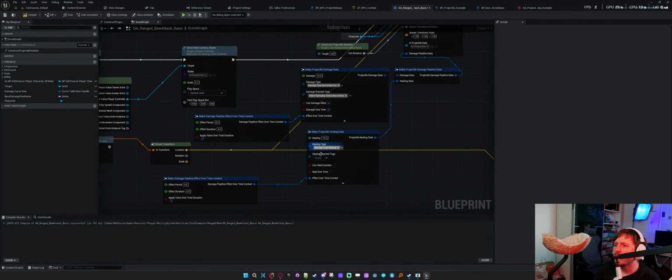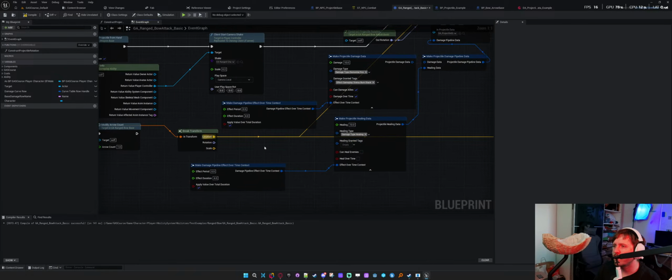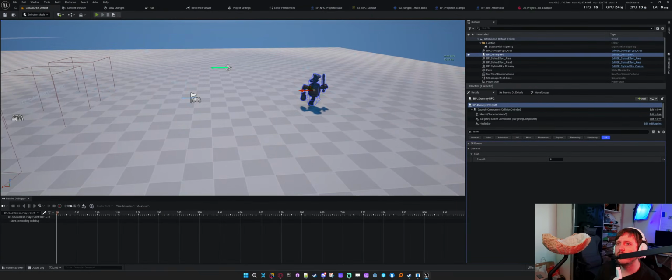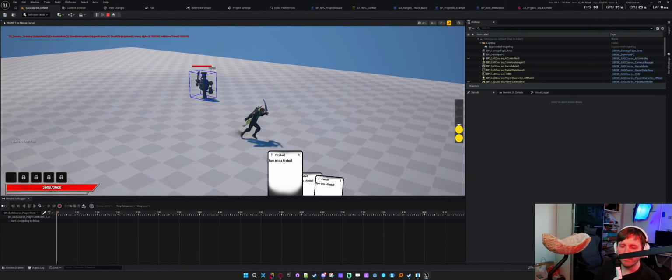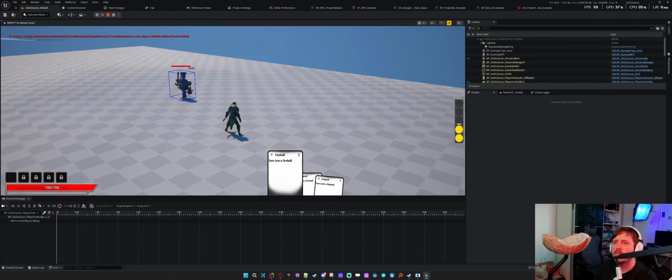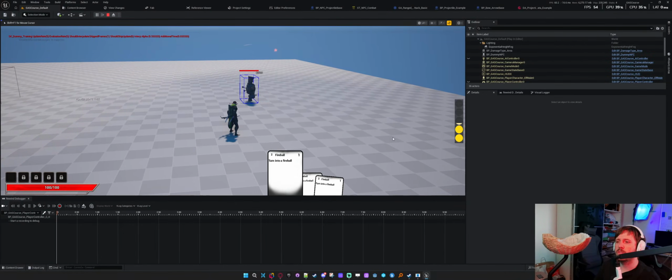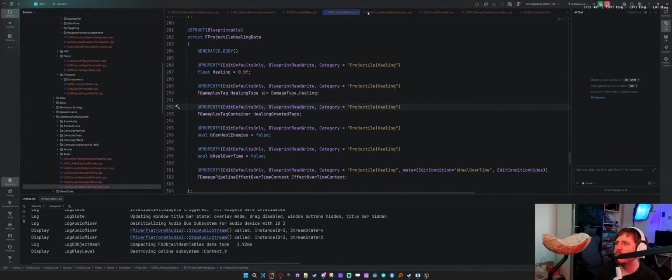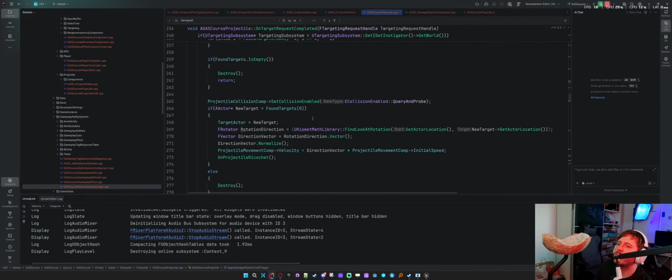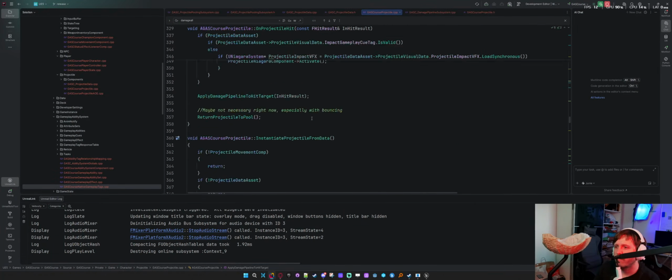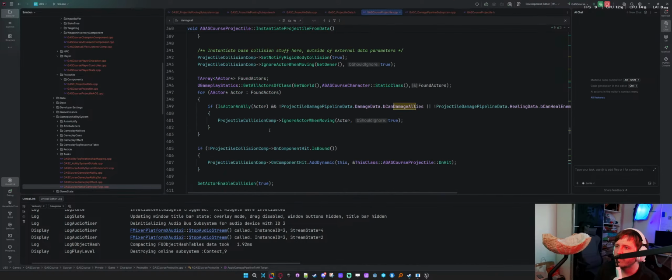That's good. So healing granted tags, we don't care. So let's see. If I deal a bunch of damage, so we'll do 1, 2, 3, 4, 5, 6, whatever. Now, if I shoot him, he should get healed for 10. And it doesn't. Okay. So that means our instruction at the beginning, where we're saying if it should ignore, is a problem. So we're saying, is the actor an ally and this, or